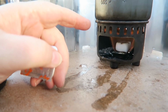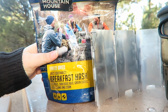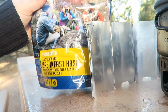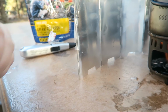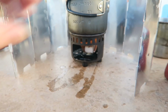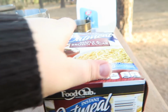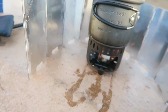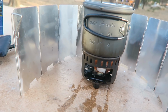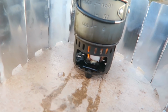Today I'm gonna make oatmeal and a little bit of this breakfast hash, and give some to Coco. Yeah, I don't think she'll like the green chilies. And then I got this instant oatmeal yesterday at the trading post, but 10 packets, 10 breakfasts. Yum yum. Love good oatmeal. Yesterday I was dumb and only ate a banana, so